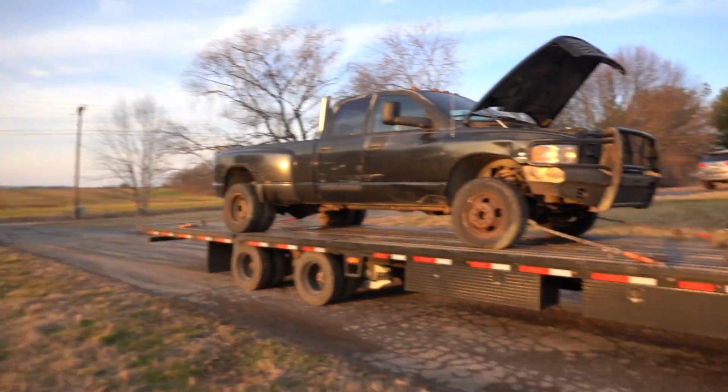Super old batteries. We tried swapping batteries. It seems like it doesn't have enough juice. Those batteries, even out of the 03, are kind of old and they've been cranking a little slow. So we'll see. We might revisit will it start on Cowboy Edition over here. But anyway, guys,